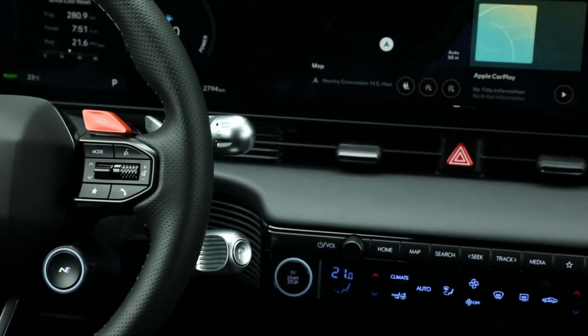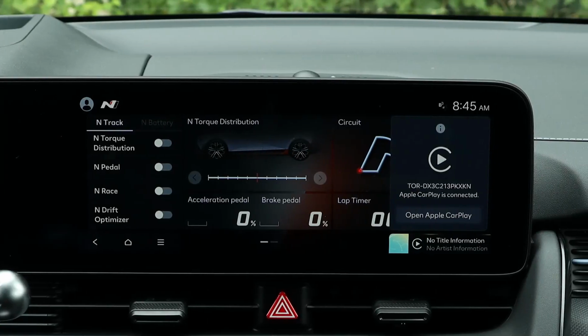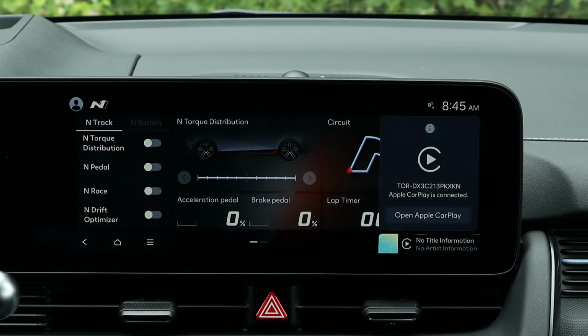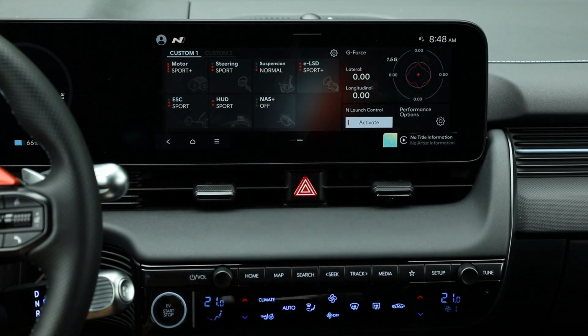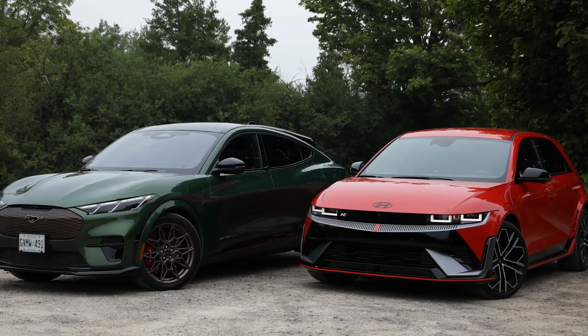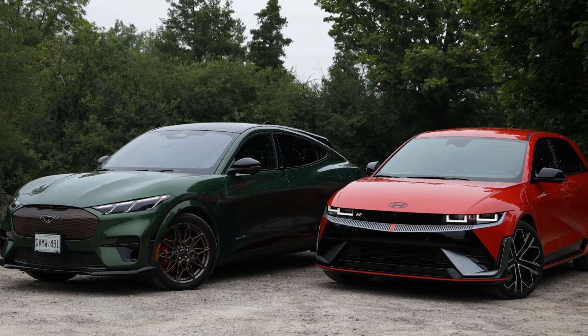Sorry, camera. It's still haptic touch. There's very few physical buttons, but there are physical buttons. I've always liked Hyundai/Kia/Genesis's infotainment system. Not a lot of big menus to dig through to get to what you want. For example, I'm going to swipe to the right. One touch puts me in N mode. A cute little graphic shows up, and all of my stuff is here. I find the usability of the infotainment system a lot easier here than it is